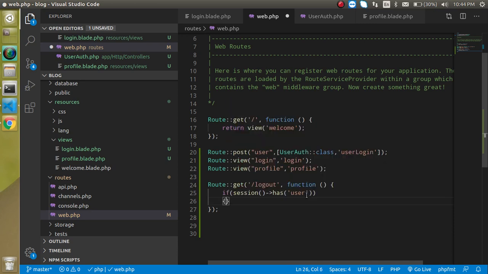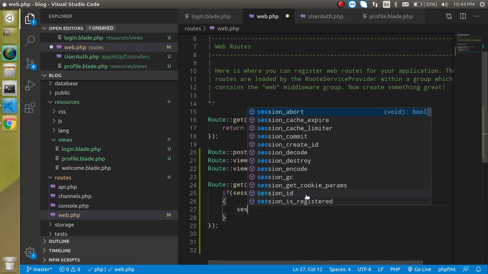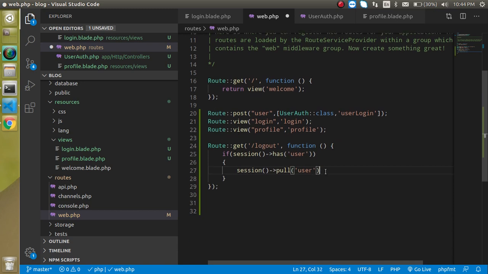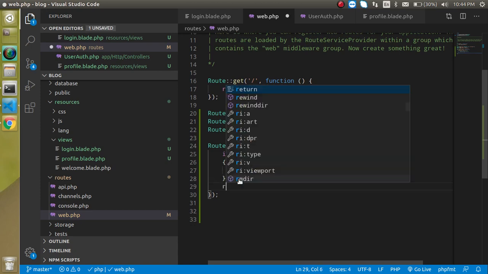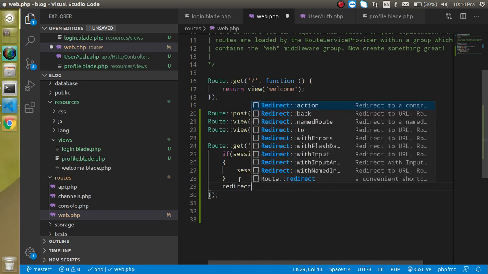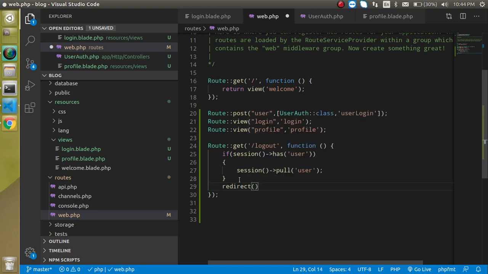Then we will delete it, and for the delete we will write here session function, and it has a pull, and the key name is again user, right? If we have this key, then we can remove it, and after that we can just simply redirect it on the login function like this, right?